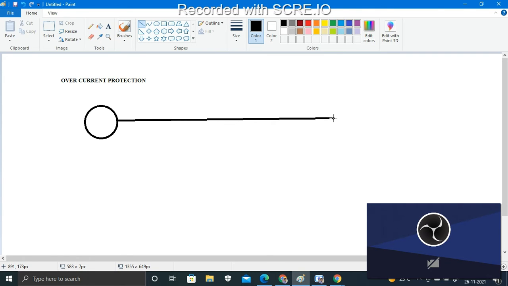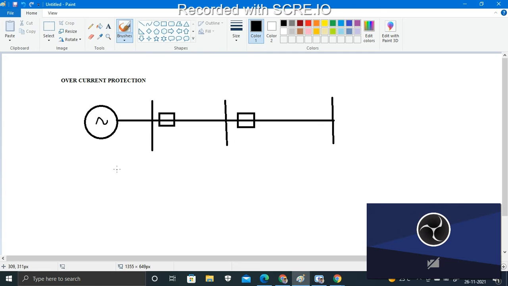bus bars. Okay, and we need to connect one section over here. We need to connect another section over here, and we need to connect another section over here. Okay. So we have to connect relays over here, in this particular end, and in this particular end. Say this is R1, R2, this is my source, RB. Okay, with the given data we need to start.